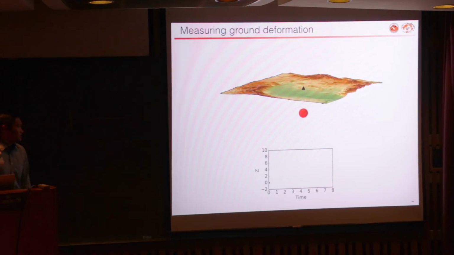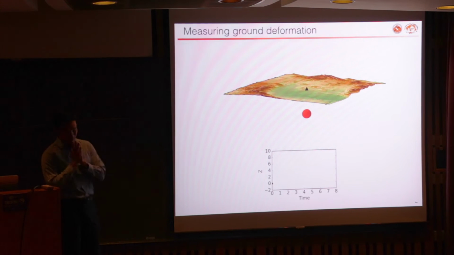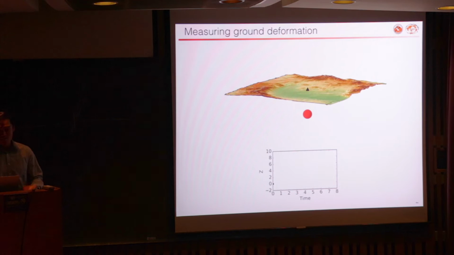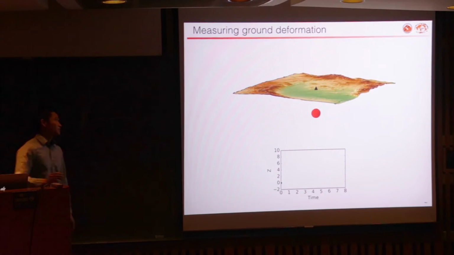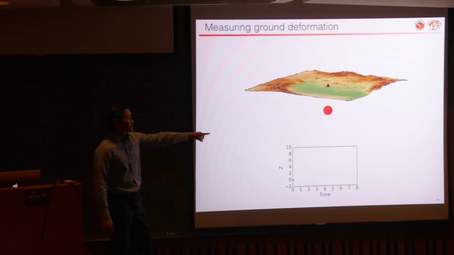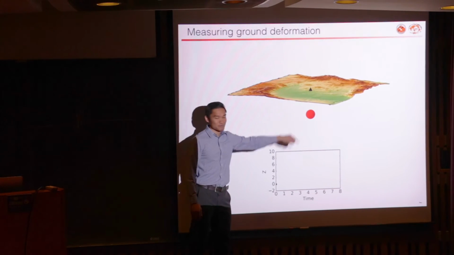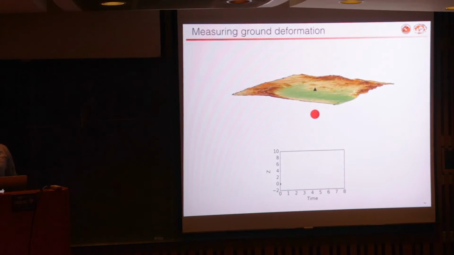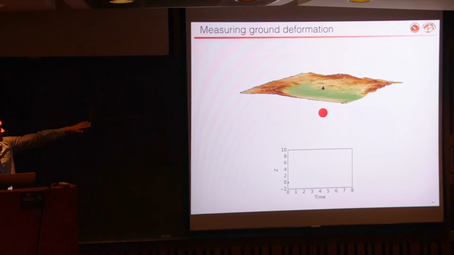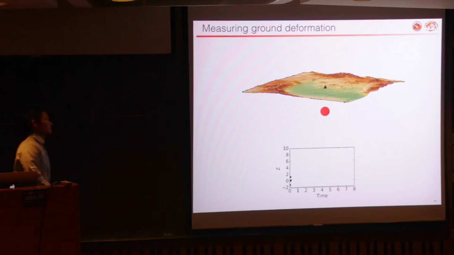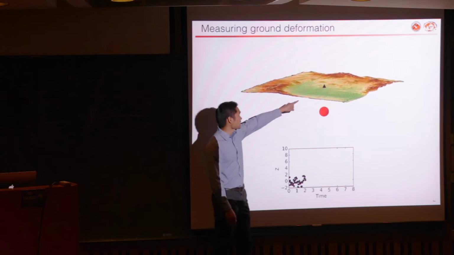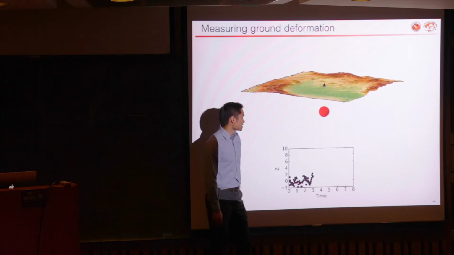So I want to start off and go straight into an illustrative example of why geodesy is helpful for geophysicists when we want to study Earth processes. So imagine you have a caldera that's sitting on top of this idealized magma chamber, as you can see there. And this magma chamber is dormant, and this caldera is subject to, let's say, cyclical up and down motions, perhaps due to earth tides. And if we have a single GPS station sitting in the middle of the caldera, we